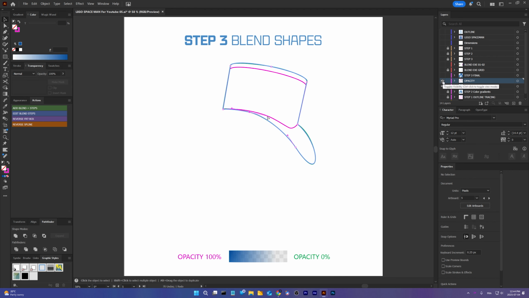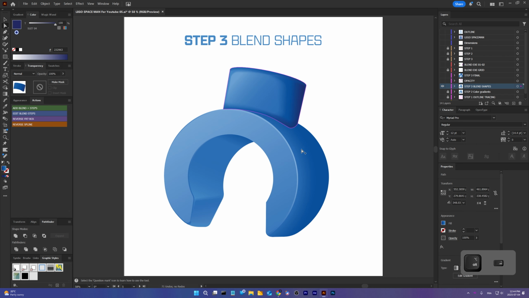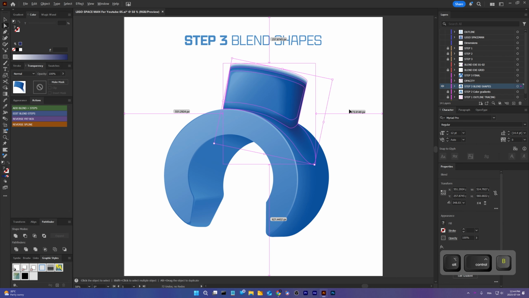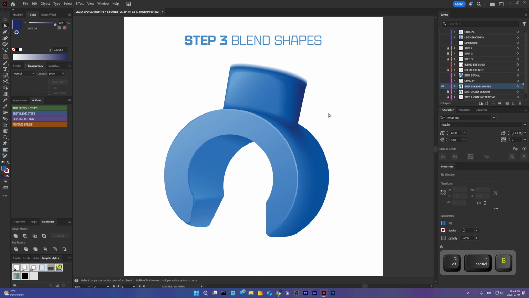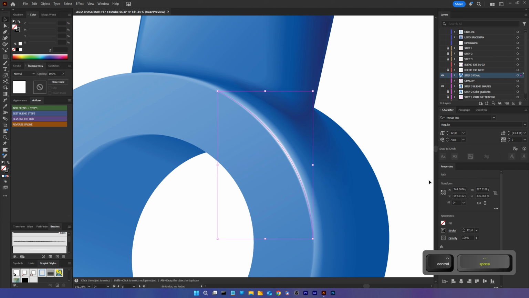And now to show you the result using those same shapes. Blending the two shapes gives me this result. And that's pretty much how I render objects in a more realistic style. Now let me show you these highlights. They're linked to the stroke size so I can adjust them on the fly.